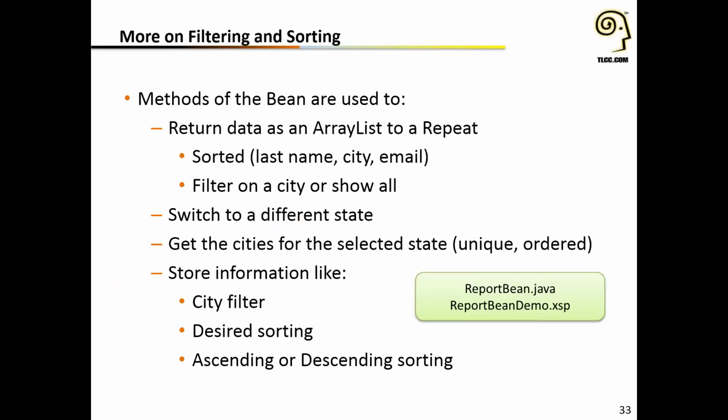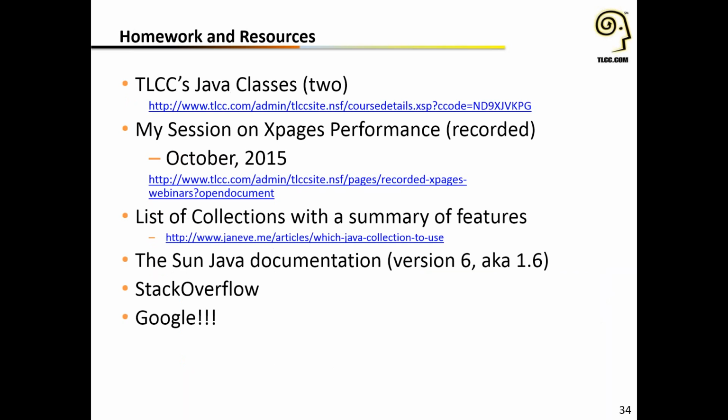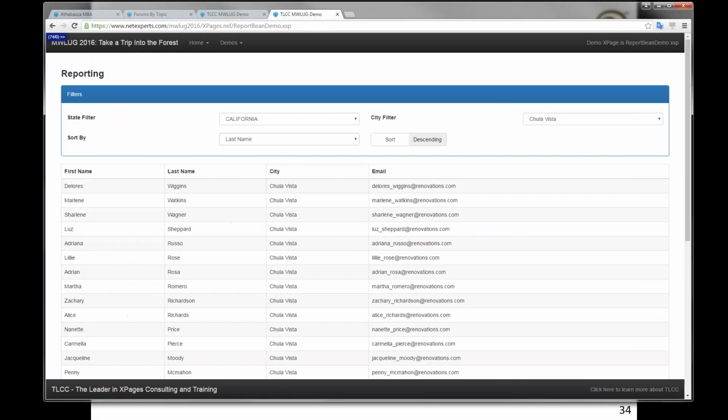As you can see, we're storing all the information in the Java object, the Java class, the report bean class, and we handle all the sorting and filtering right in that, working on something in memory. We're not calling a bunch of different Domino views to get the sorting. We're just doing everything in memory, and it happens very quick. Okay, so before I go through the list of resources, I had one quick little demo of an application we did